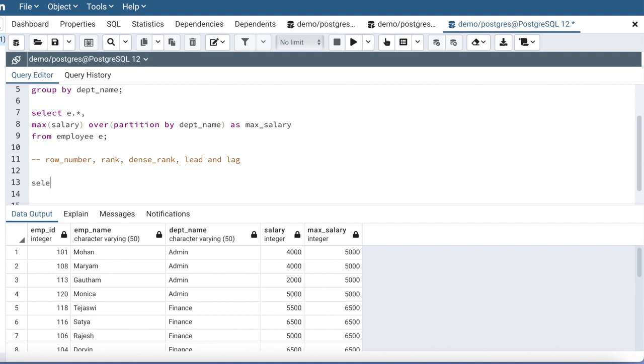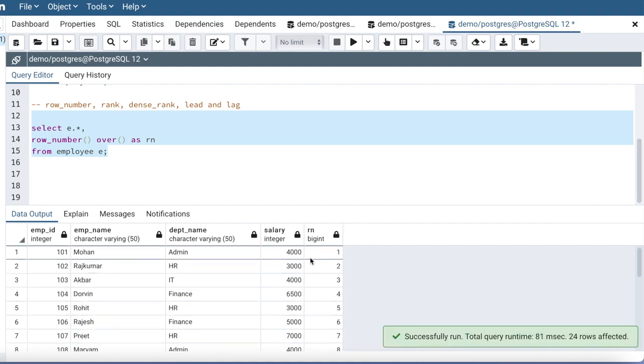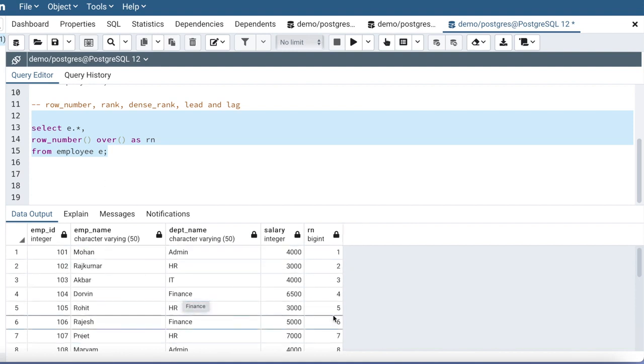I can write the query like select e.star from employee. I'll give the alias as e, and I'm going to use the row number. So I say row number over, I'll not pass any column for now, and I'll say rn as the alias. Now if I execute this query, you can see that for every record in this table, I'm able to get